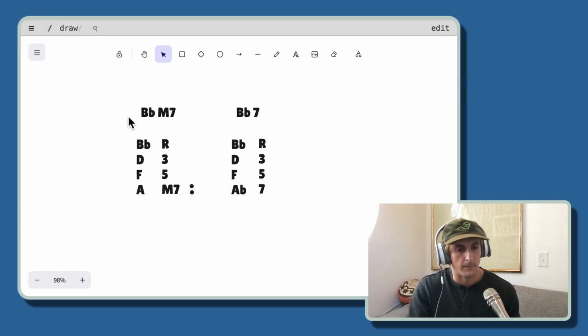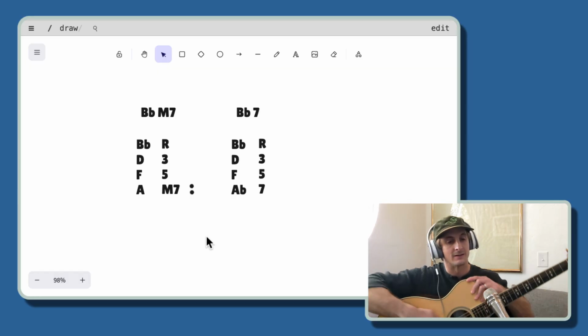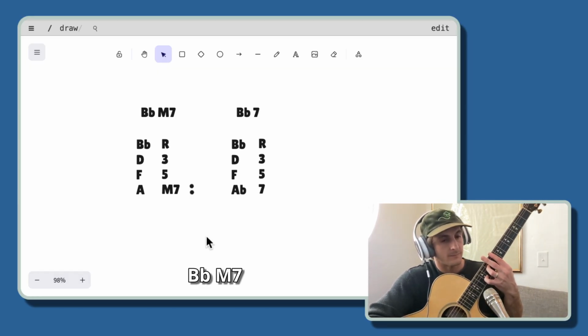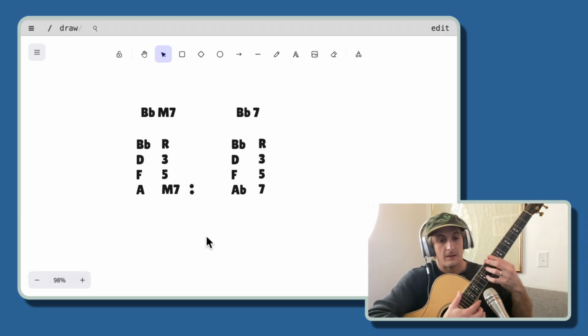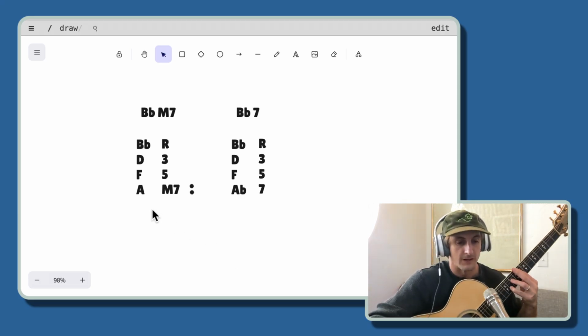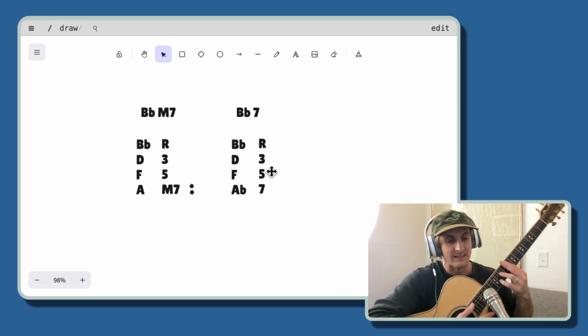Okay, so we've got our B flat major 7 sitting over here. For the most part, it doesn't affect tension at all, with the exception of the major 7 adding a little bit of a tension kick. This, however, when we go to the dominant 7, when we flat this A and hit a dominant 7 inside of there,